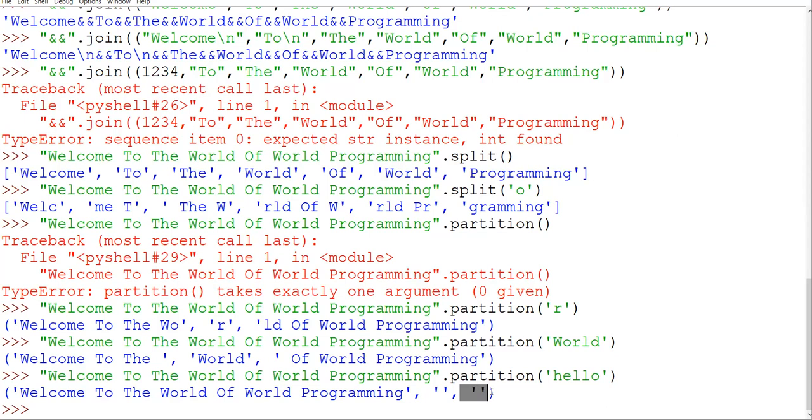Ma'am, this last statement, partition of hello. See, if it is not available, what it has done is check from the start till the end and nothing was found. Then no separator has been given because no breakpoint was there, so no separator has been found and no end value is available. If it is available, only then it will show you all 3 parts. Otherwise, this is my complete string, where it has not found anything. Clear? Yes, ma'am. Okay.